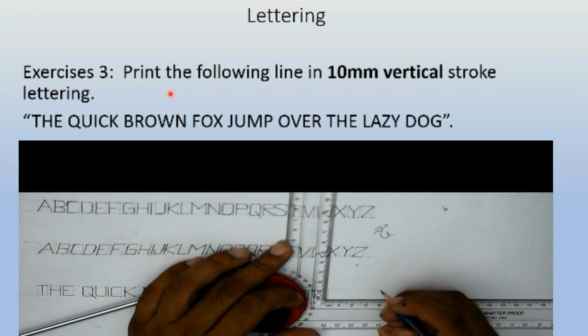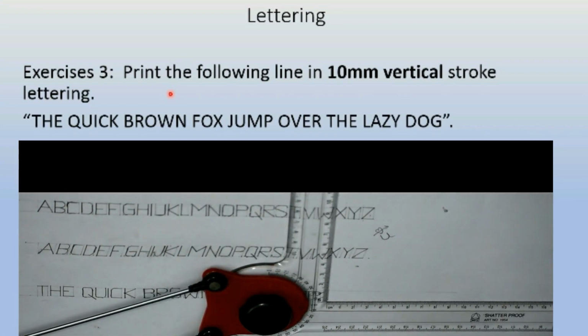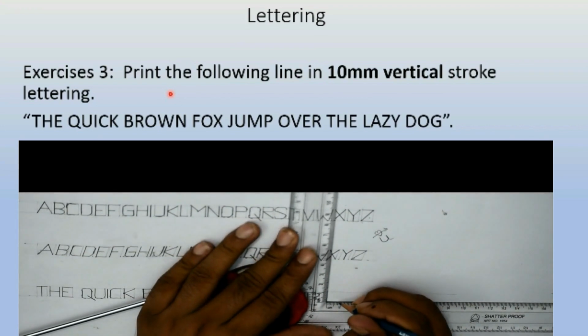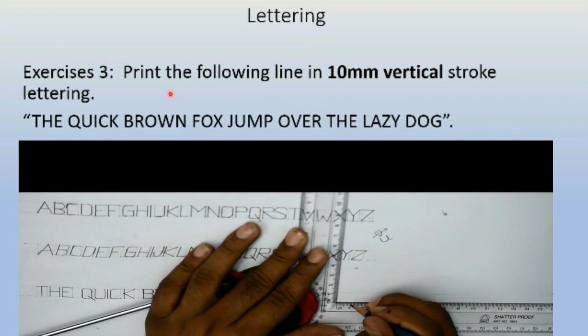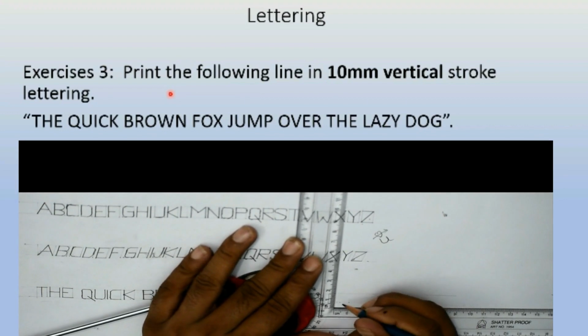Now we have to write over. So this is 7 mm width, again 2 mm gap, 7 mm width,